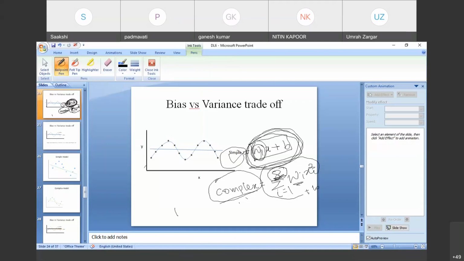And this is wi into xi square. So it takes the summation of w1 x1 square plus w2 x2 square and so on. You can consider, because only x1 is there, wi into x1 square: w1 into x1 square plus w2 into x2 square and so on. So how many w's will be there for this particular model? This many w's will be there to learn.